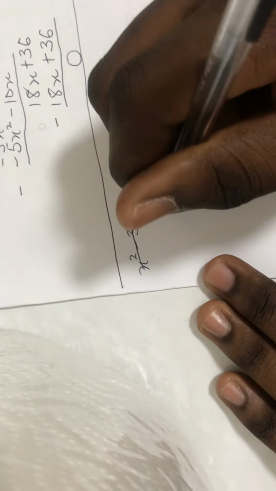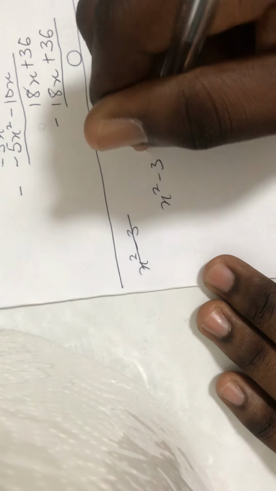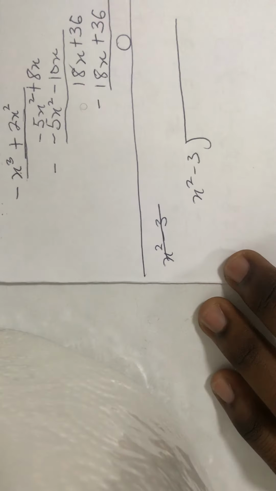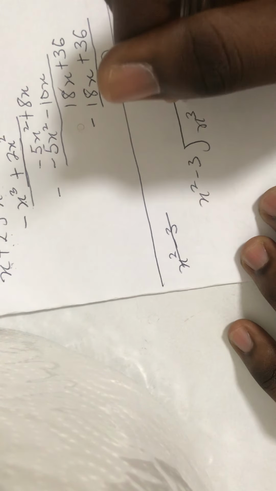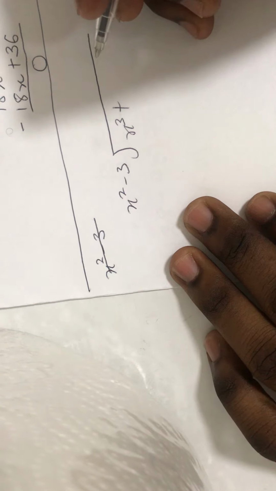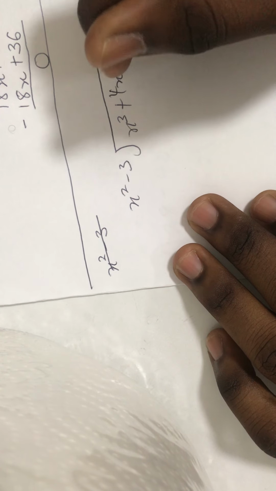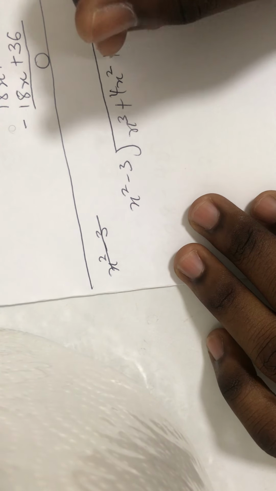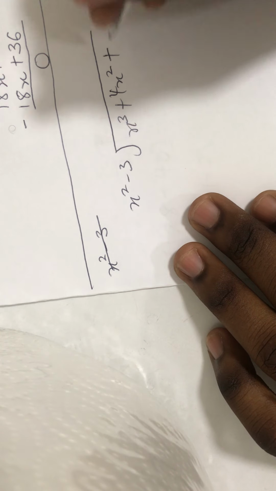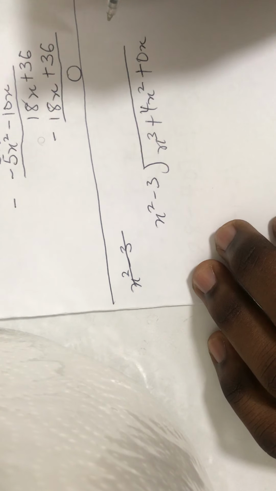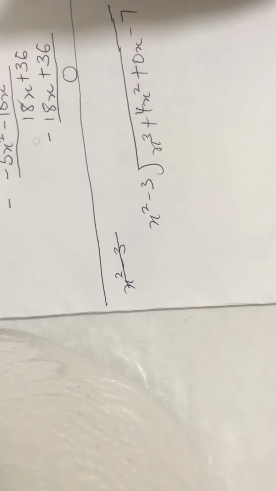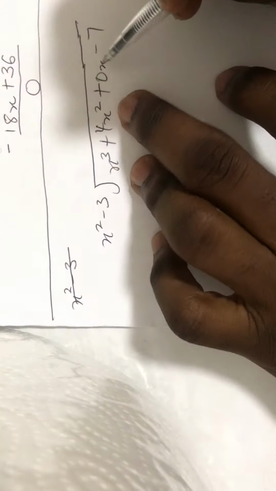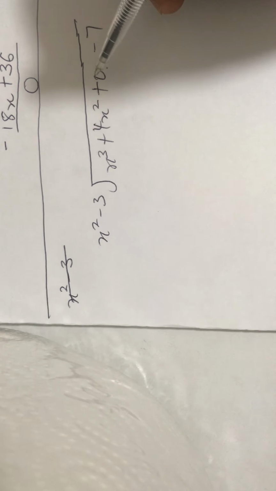So let me bring it down a bit. x squared minus 3 into x to the power 3 plus 4x squared plus 0x minus 7. Okay, so in this case where we have the 0x, it means in the question it was just